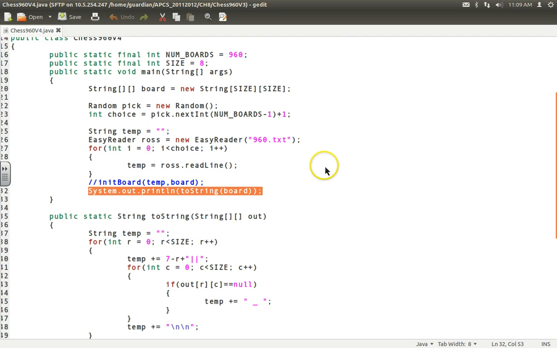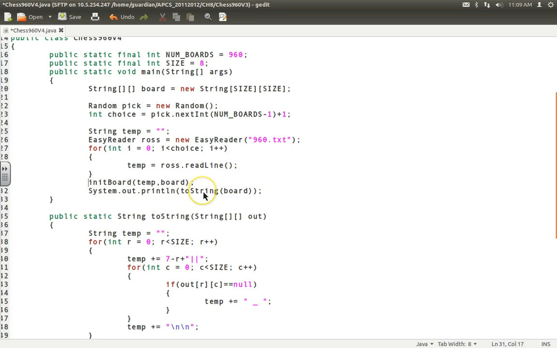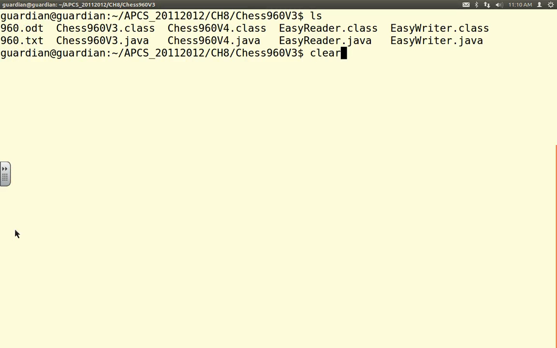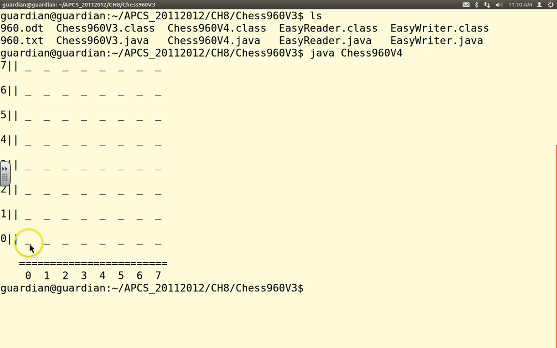Okay, great, but I want initBoard to fill up, to populate that board with temp. Temp is one board off of the file, like bishop, bishop, queen, rook, knight, king, rook, knight. Okay? I want that to show up, because right now, remember what we get when we run this. Let's see, Java C, is there Java C in here? Well, I Java C'd it already, so if I Java it, right? I want this to be something like B, B, Q, R, K, R, and N, right? Now those are the white pieces, and